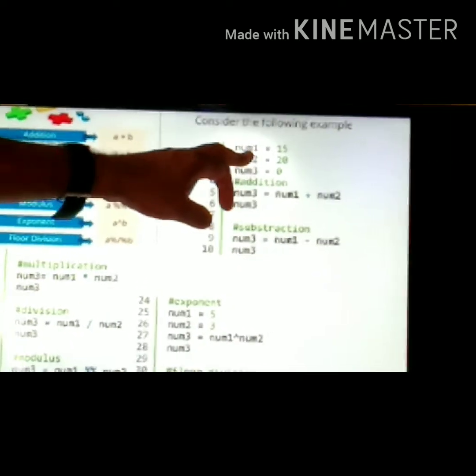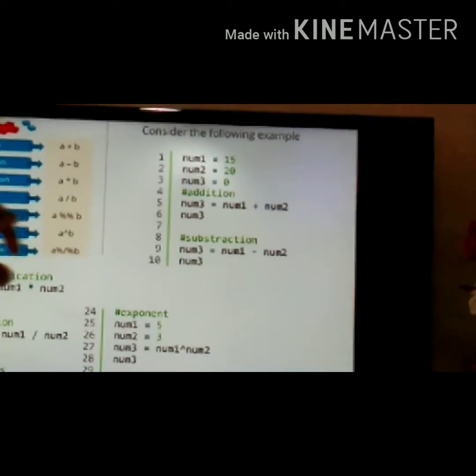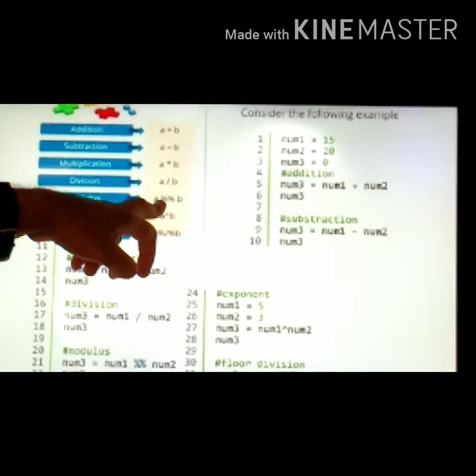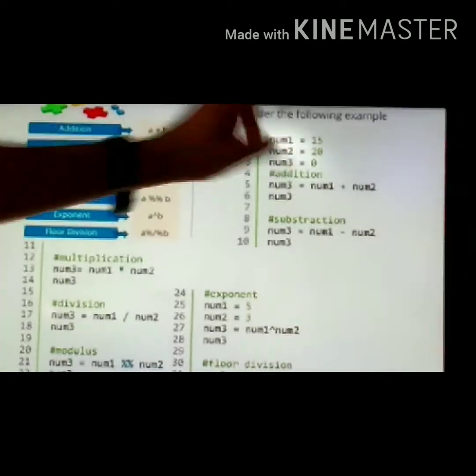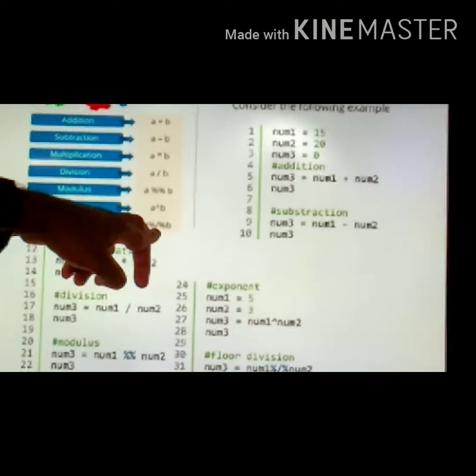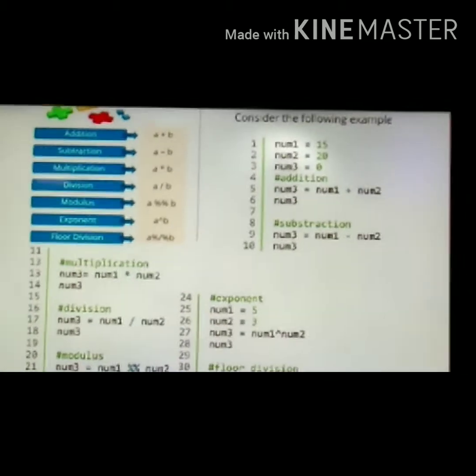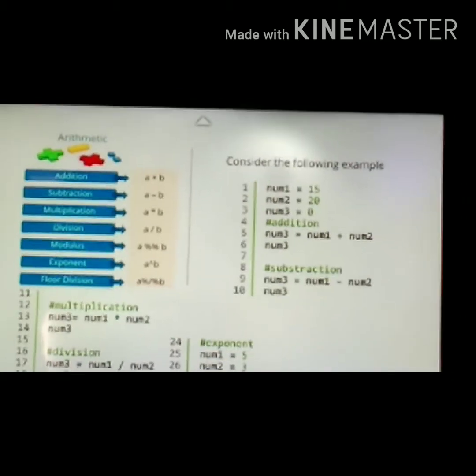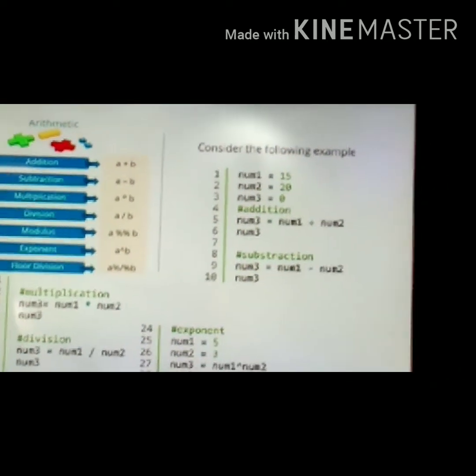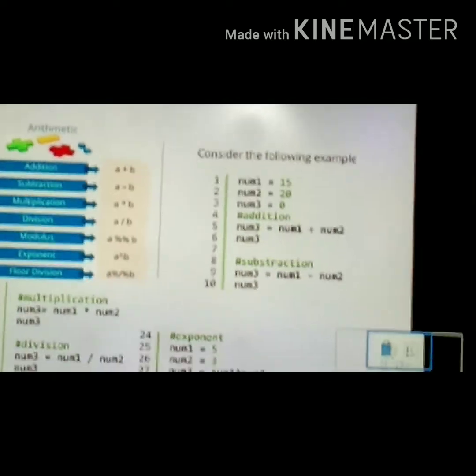I will give an example. Say number 1 equal to 50, number 2 equal to 20. What is modulo division? Generally, modulo division is nothing but the remainder of the two numbers. Floor division is where the final value obtained is converted to the lower value. So for number 1 equal to 50 and number 2 equal to 20, how can we write the modulo value and modulo division? I will give one example clearly here.